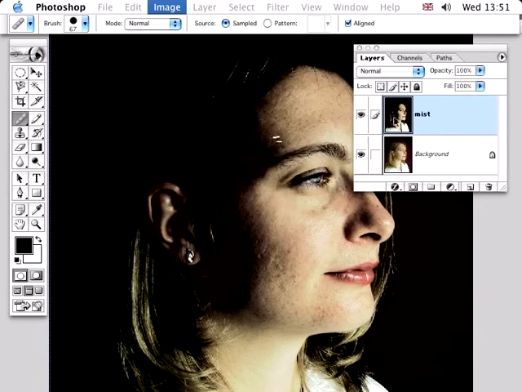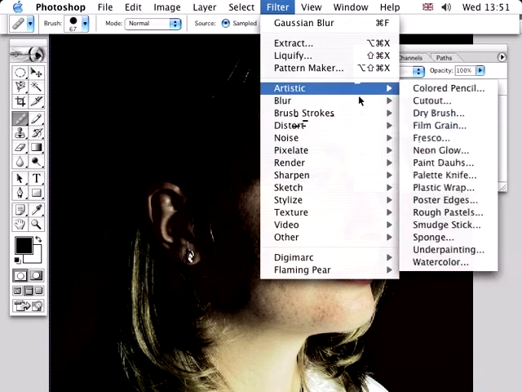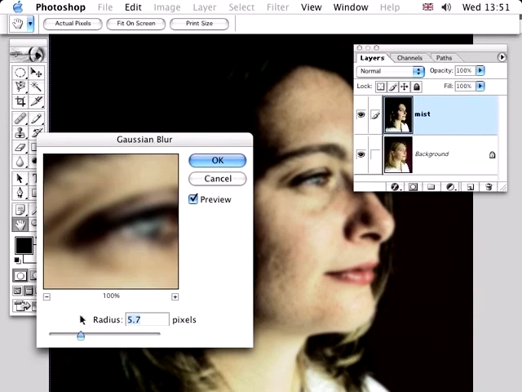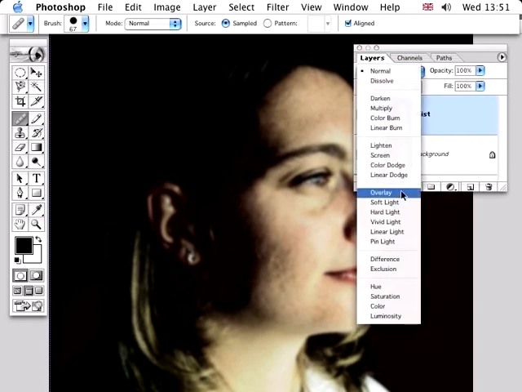and now we can get the Pro Mist effect. We're going to blur this foreground layer, this mist layer, go to Filter, Blur, Gaussian Blur, and let's choose a nice soft blur like 5.7 pixels. And now of course the whole image is blurred, so we're losing all of that detail and we're blurring all of her. So what we need to do is change the blending mode of the blur layer, take it down to Screen,